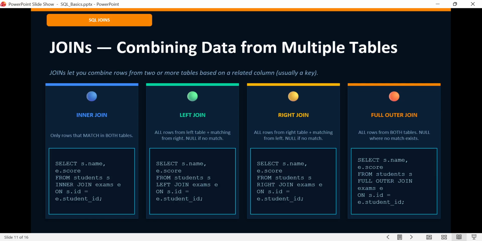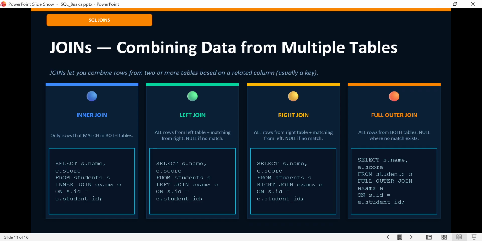They let you combine data from two or more tables into a single result. In real databases, data is spread across many tables. You might have a customers table, an orders table, and a products table, each storing different information. A join lets you bring them together. Let me explain the 4 types of joins using our students and exams example.